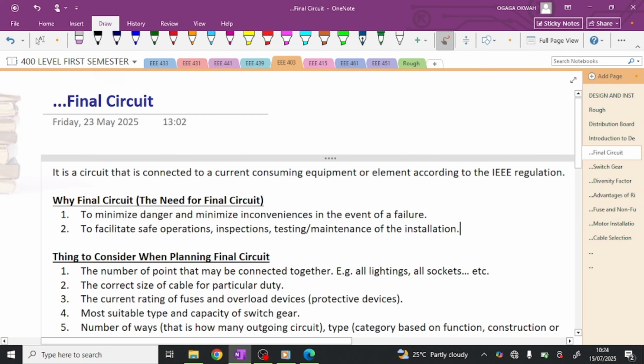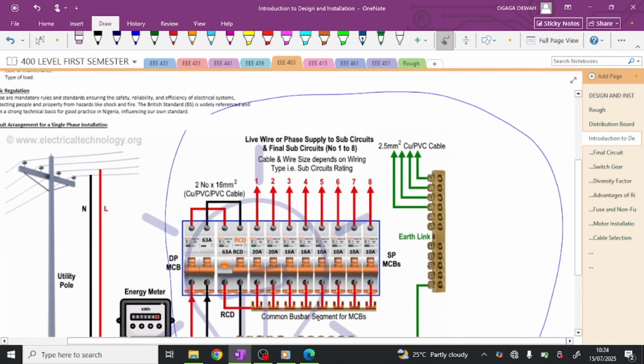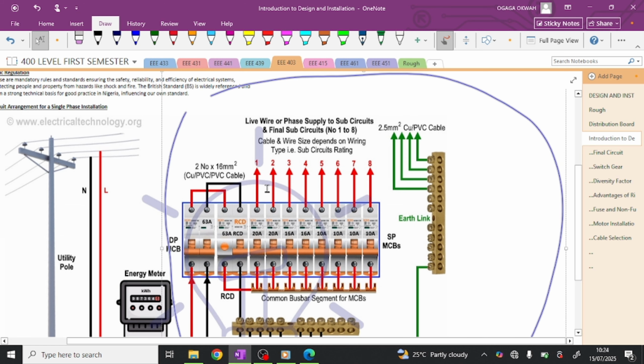Looking at this, if you have your lighting and fans on this circuit breaker here, and maybe you have your cooker on this other line, electric stove, hot plate, whatever, and maybe a socket on this other line. Now if you have a fault with your cooker,